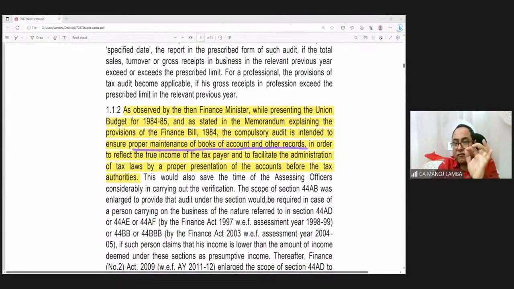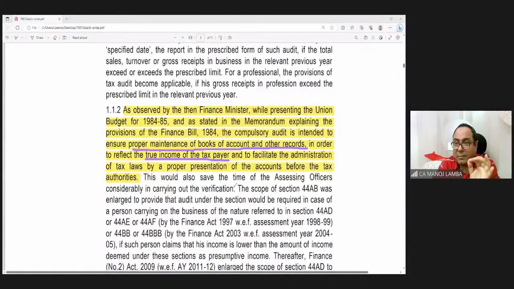In order to reflect the true income of the taxpayer. The first and foremost purpose of tax audit is to ensure proper maintenance of books of account and other records in order to reflect the true income of the taxpayer. And the second objective